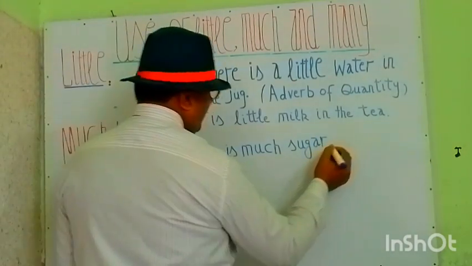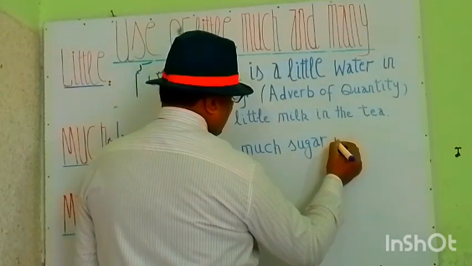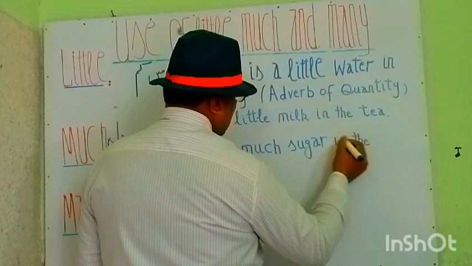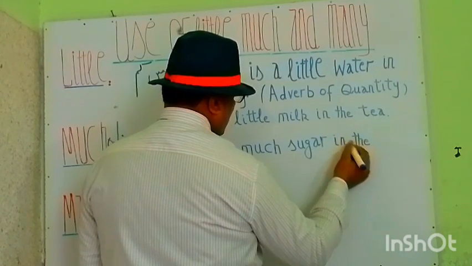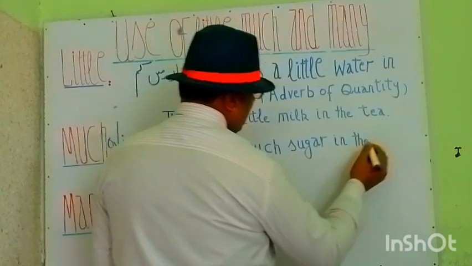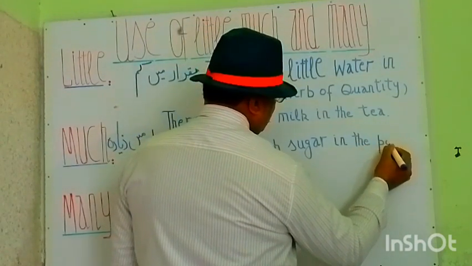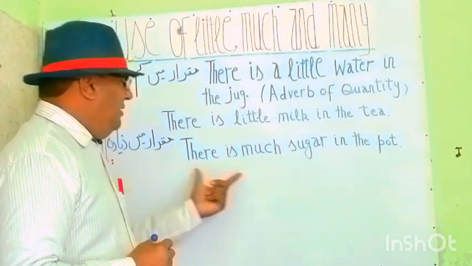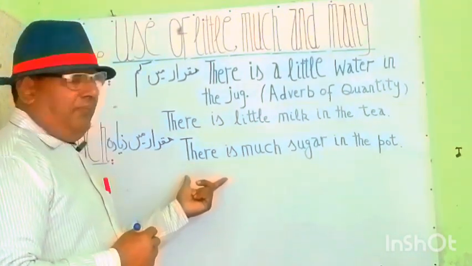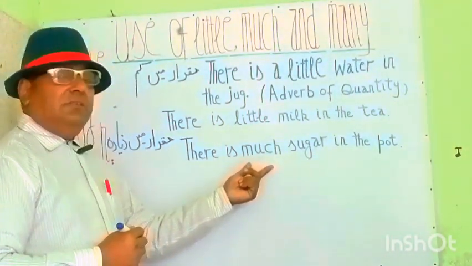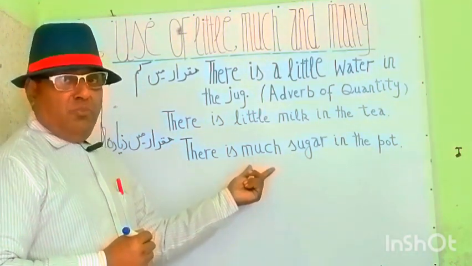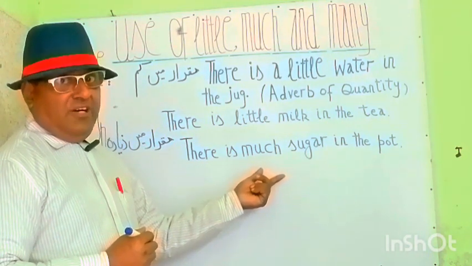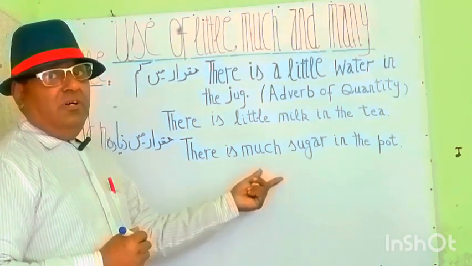बर्तन में चीनी ज़्यादा है. There is much sugar in the pot. चायदानी में या चीनी दान में शुगर ज़्यादा है. So there is again adverb of place. Is a helping verb. Much is an adjective. Much, more, most. Much is a positive first degree, and more is a comparative second degree, and the most is